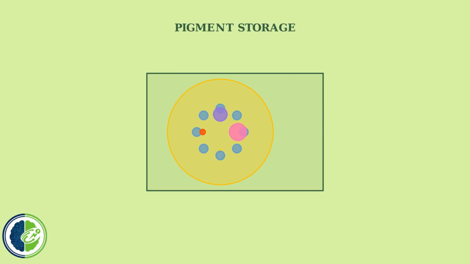Vacuoles also store pigments that give flowers and fruits their vibrant colors. These include anthocyanins for red and purple colors, carotenoids for yellow and orange hues, and betalains for bright reds and yellows. In summary, the vacuole is essential for plant cell function. It stores water and nutrients, maintains turgor pressure for structural support, and holds the pigments that create the beautiful colors